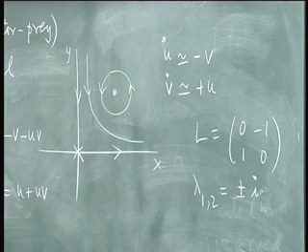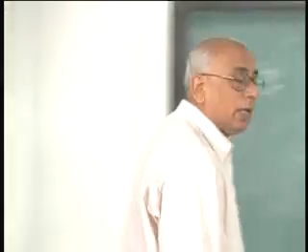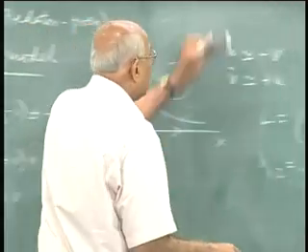There is no option, you can't suddenly change directions. Of course, as you go further away from the vicinity of the critical point at 1 comma 1, the orbits no longer are circles, they would get distorted, but they can't cross each other. So what it is telling you is that no matter